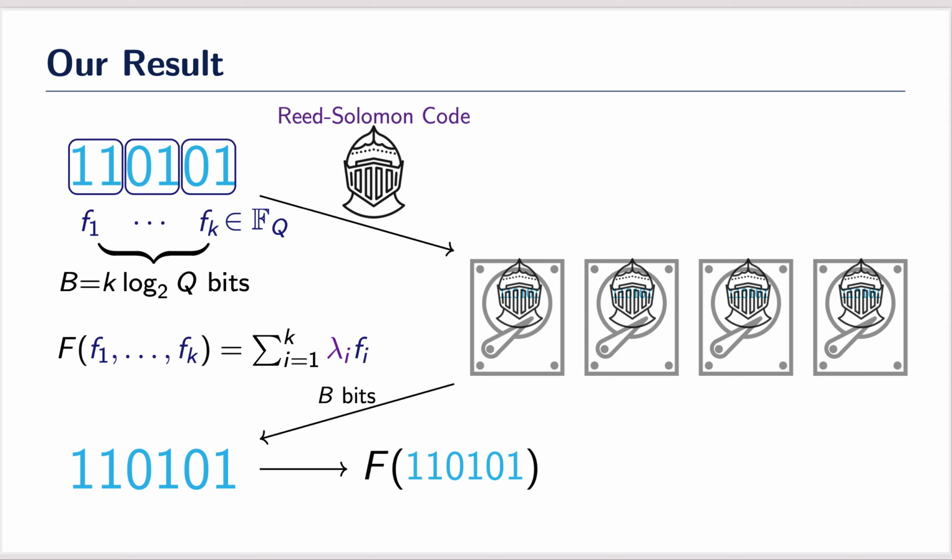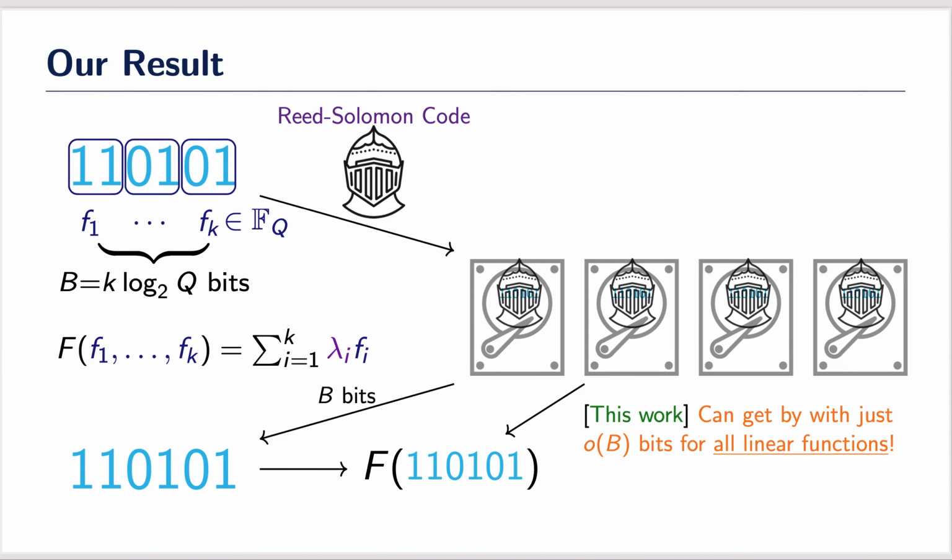And what we showed is that for this class of linear functions, if you pick any one of these functions, you can get by downloading just little o of b bits to compute that function. So little o of b bits across all the nodes in total, and that's going to allow you to compute f. And this is really surprising. It works for any coefficients lambda i, and of course the bits that you download may depend on the lambda i, but for all lambda i you can make the correct queries,